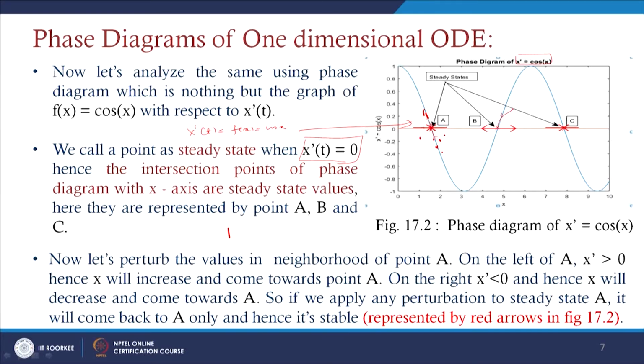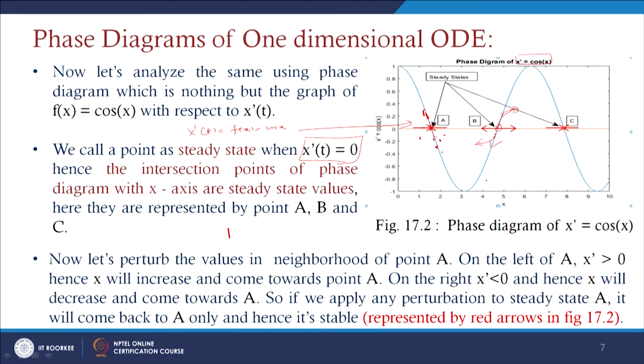And if you go for further analysis of all other points here, you can find that for the point B, this left hand side is monotonically increasing. Increasing means it will move further outwards. And on this right hand side, these are negative values, so it will move further rightwards. So, both these sides will move far away from that point B. That is why B is an unstable point here.